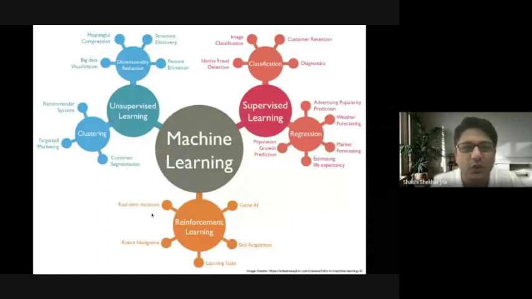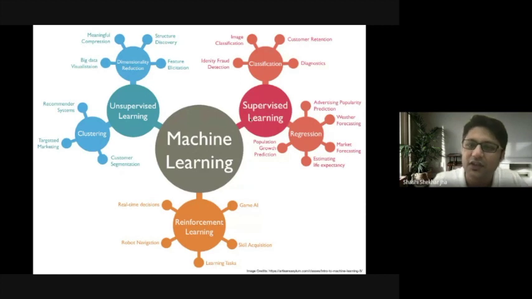If you go to any course on machine learning, the first thing that you get to understand is there are two kinds of learning: supervised learning and unsupervised learning. And I hope, since this FDP is going on, you must now understand what is supervised learning and what is unsupervised learning. I don't have to explain it much, right?